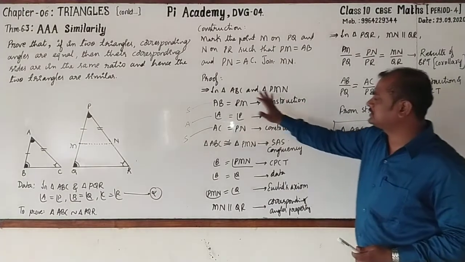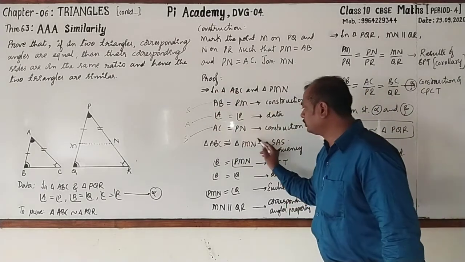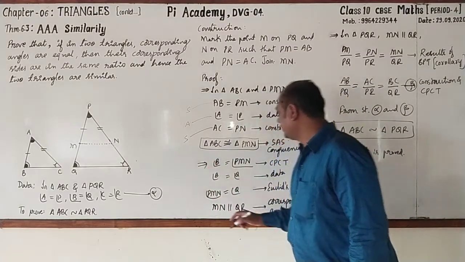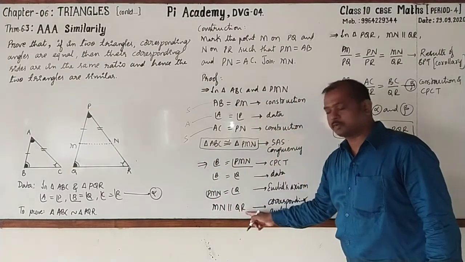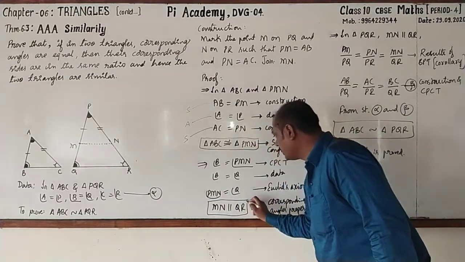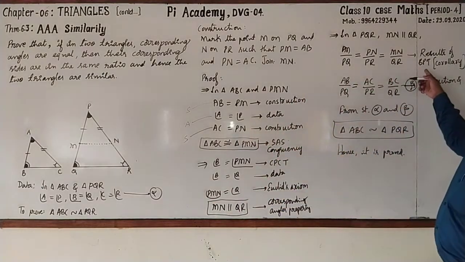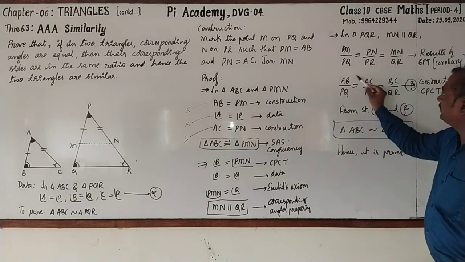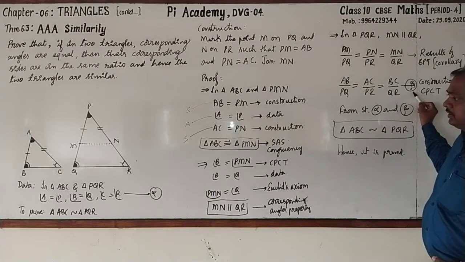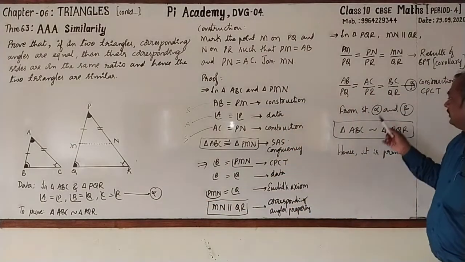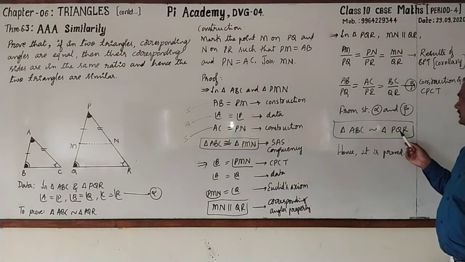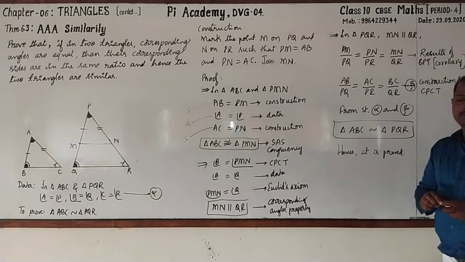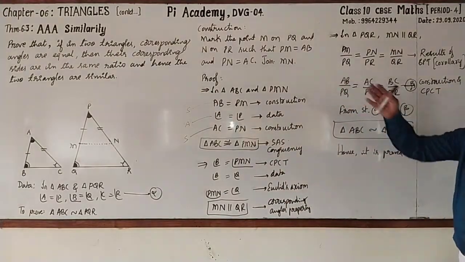Definitely, a very simple thing. See, in the first step, we have proved two triangles as congruent. You have to highlight this. Next, after that, we have proved MN parallel to QR. This is the important one. After proving this, we have used the result of BPT. Then using that result of BPT, we have formed statement beta. Then taking alpha and beta, we have proved triangle ABC is similar to triangle PQR. Followed? Yes, copy this. Dear students, please copy from there to here.